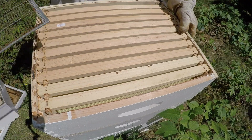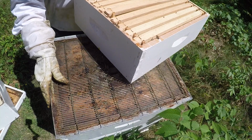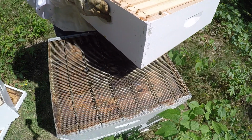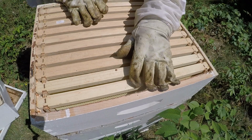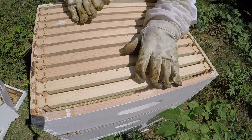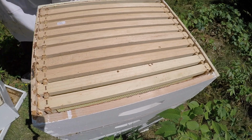If we want to be paranoid about that, since she is on that frame down below, we're going to put my queen excluder on top of the inner cover just to assure us that the queen is not going to sneak up here. We'll still put the frames together, because if something gets intense, the bees could come up and start drawing these frames out if they had to. But I don't think they're going to do that by the time Wednesday comes along. So, at any rate,